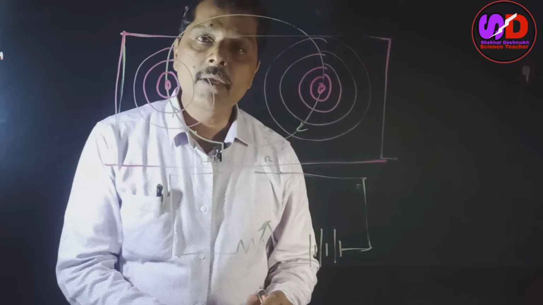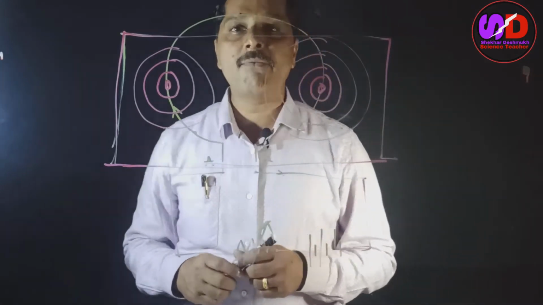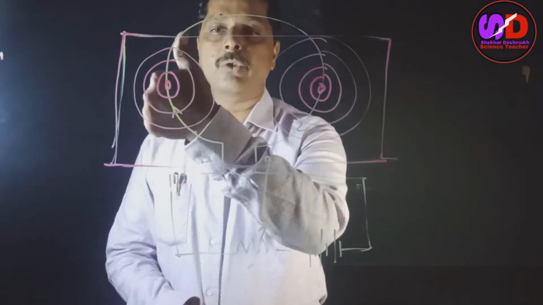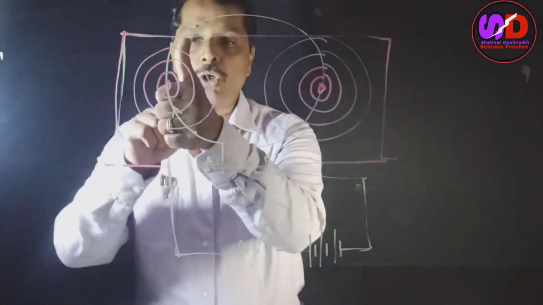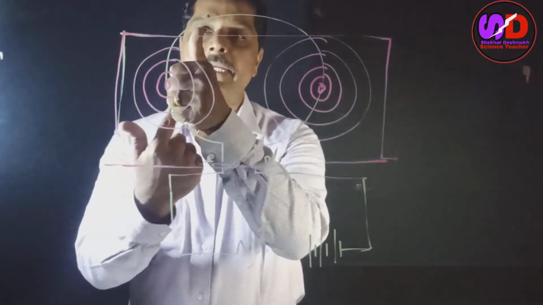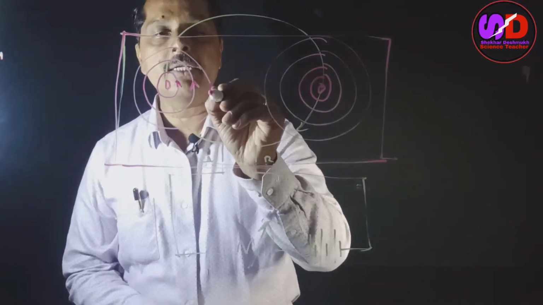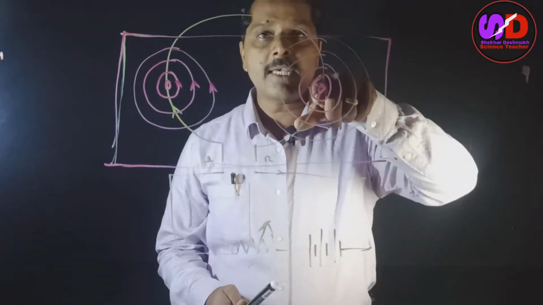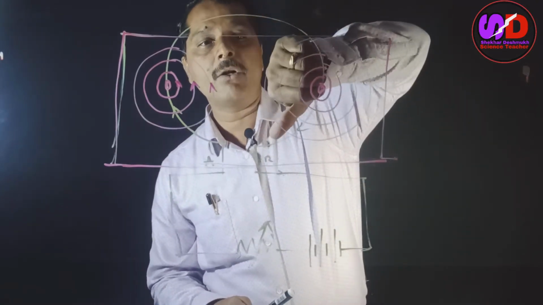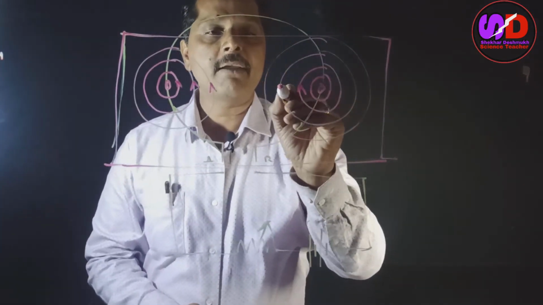in this way. And if we try to find the direction of the magnetic field, we can easily find it by using the right hand thumb rule. Here the direction of current is upward. So take this in this way. The thumb indicates the direction of electric current, and the curled fingers give the direction of the magnetic field. So in this case, the magnetic field direction is this direction. Here, the direction of electric current is downward. We can find it in this way. So the curled fingers are in this way, and we can find the direction of the magnetic field here.